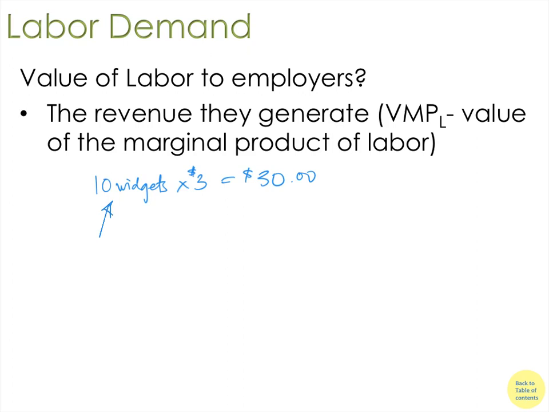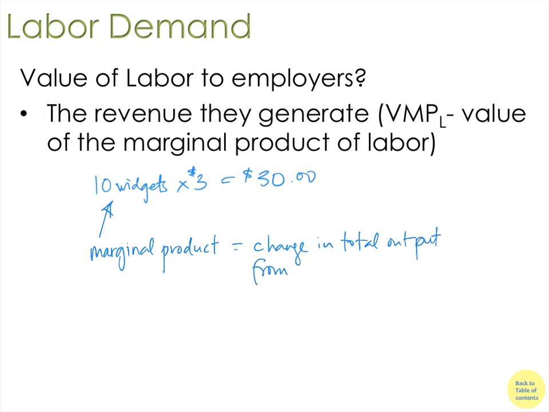This extra output from an extra worker is the marginal product. So that's an idea here of productivity. We've talked sometimes about productivity. It's the change in total output from one more unit of labor. Anytime we talk about marginal in economics, we mean incremental or additional. So one more worker or hour of work, whatever that labor denomination is, increasing it by one, how much extra